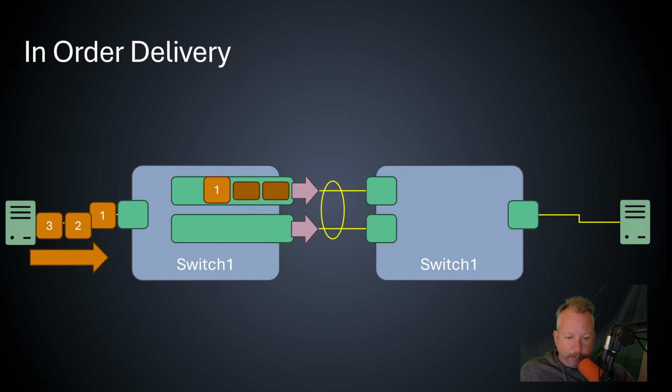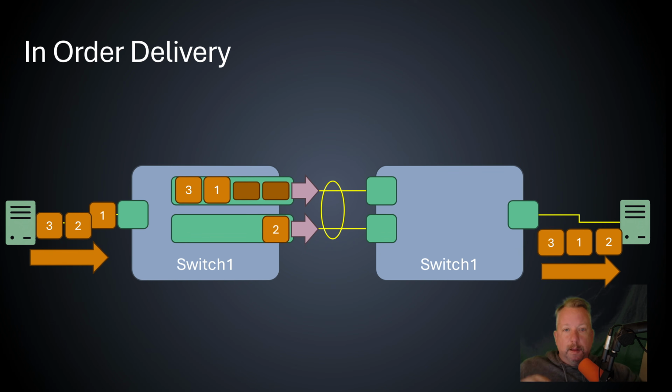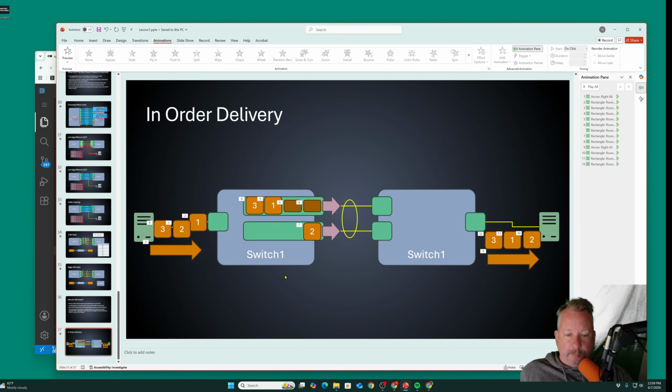The second packet goes to the second interface. There's no wait, so it goes right through. The third one goes after the first packet. So on the other side, by the time we get to the host, we've delivered out of order. So the first packet that the host gets is the second packet that we sent, then the first packet, then the third packet. That is out of order delivery. So to prevent that from happening,